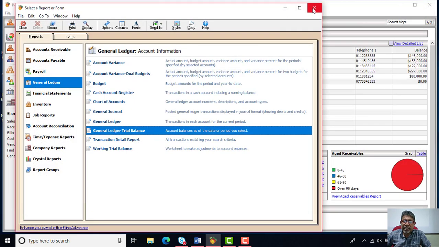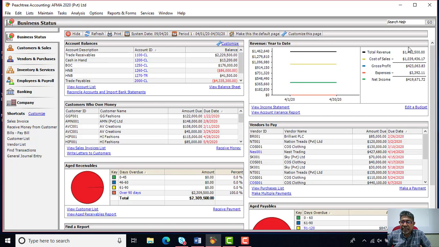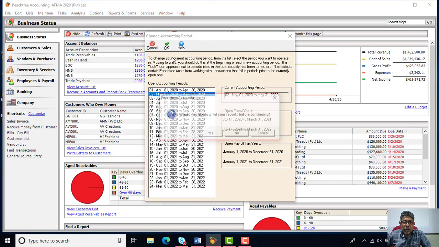And if you want to see the current status of the business activities or the financial statements, you can go to calendar period 1. Go to the business status, and you can see the status of the April month. This is the current status of the April month: how much the revenue, how much the cost, how much the gross profit, how much the expenses, and what is the net income. If you change this period to period number 2 and click OK and say no printing,